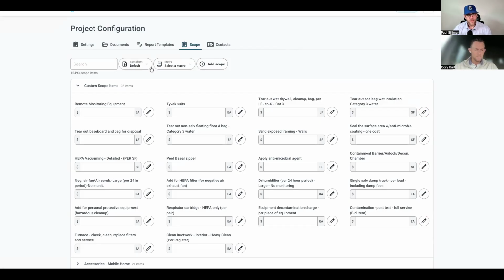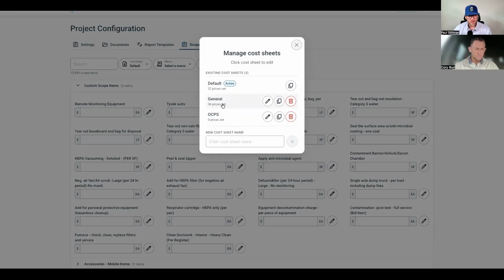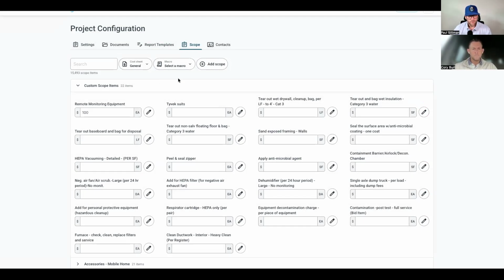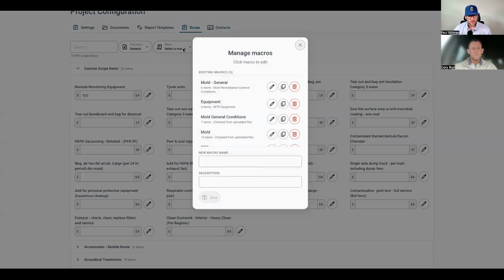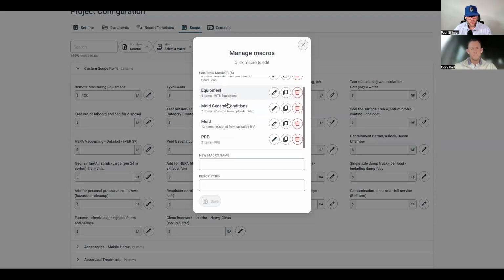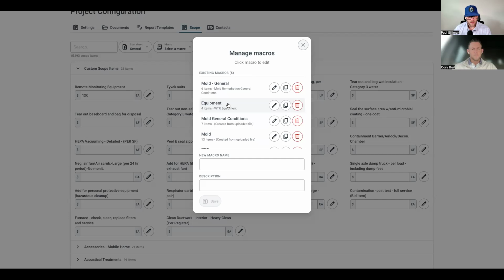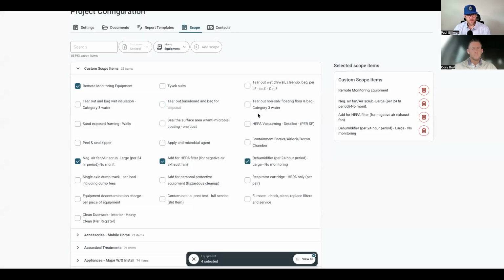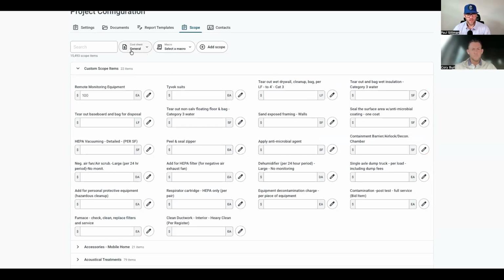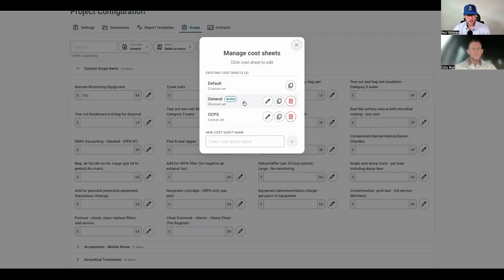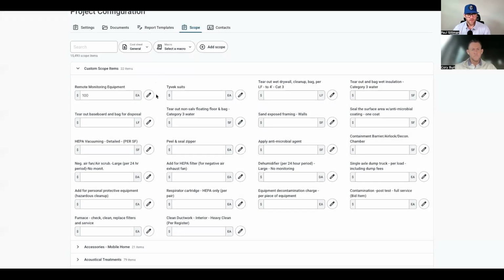Now, within this different price sheet, since we are in our default price sheet here, this is where I can come in. If I want to select any of these macros as well, I can always come in. We'll say this equipment one here. In the macro section, you are picking which item you want to be in the macro. To edit the pricing of this, you need to come into the general here or find that cost sheet that you're using,